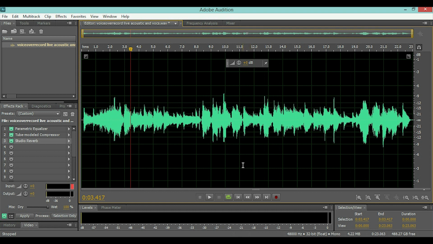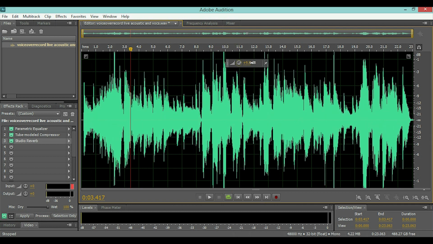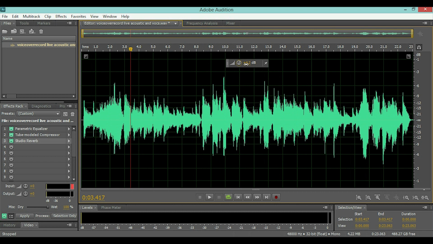The final touch is we just need to raise the volume. It's just a little bit quiet. Commercial songs are pushing the 0 decibel limit right here. I don't want to get it that close, but I mean, we're about 10 decibels quieter than the average song. And so I want it to be as loud as it should be. And to do that, I'm not going to turn up the wave track itself,